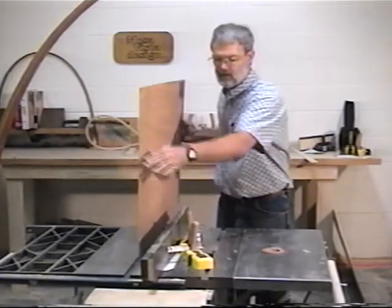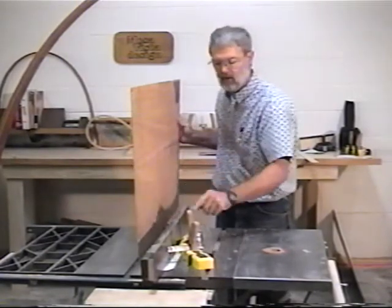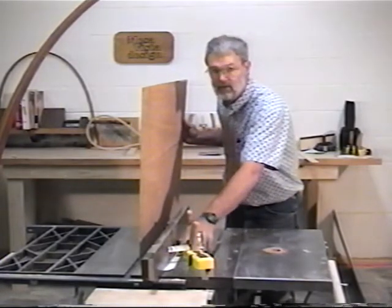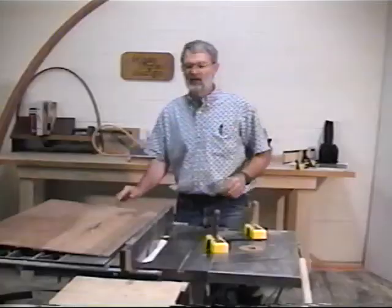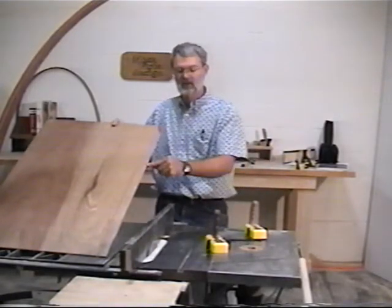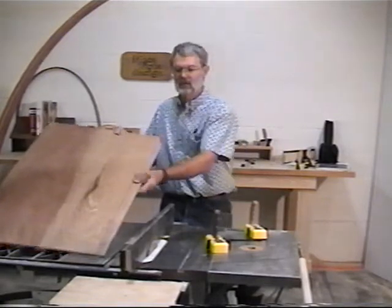Always hold down while you're pushing in. Be sure to hold down the rear end as you pull it out, and use a zero clearance throat plate. If you've run a dado in a piece of plywood and you want to cut the rabbet off, just